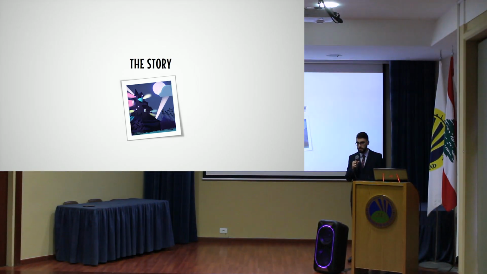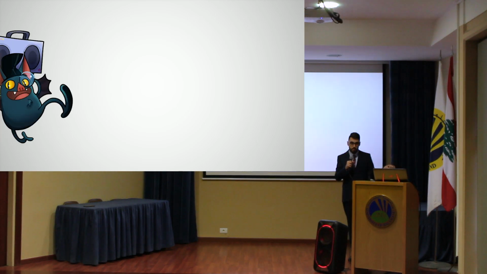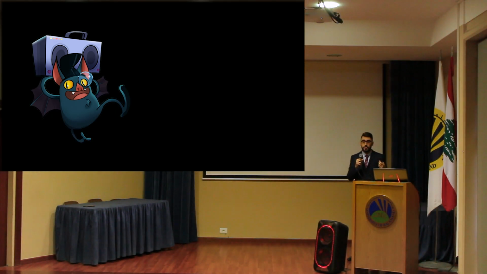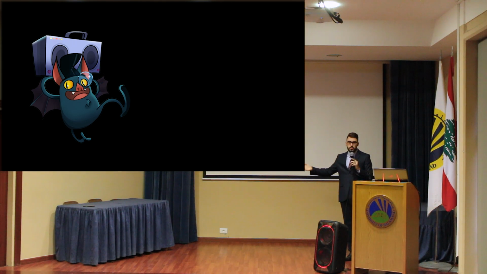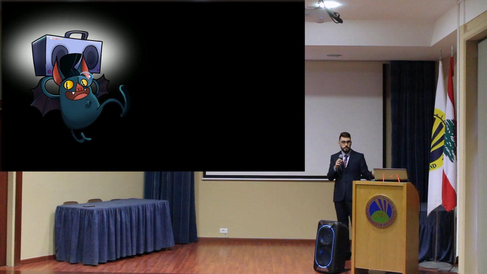Now, let's talk about the story of the game. You, the player, play as CounTracula. CounTracula is a blind bat, and what's special about him is that normally bats will screech in order to locate themselves in space. But what CounTracula does is use his magical speaker that he carries around and that he uses to locate himself. He can also use the waves from this same speaker to be concentrated into a beam that he can point at his enemies in order to defend himself.